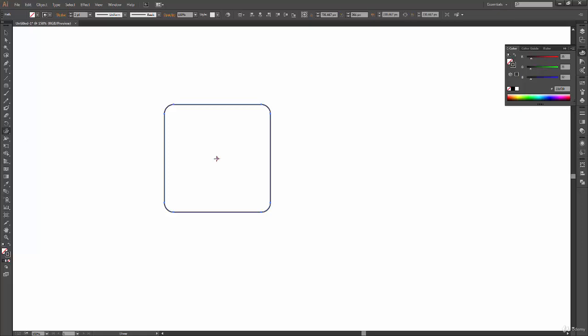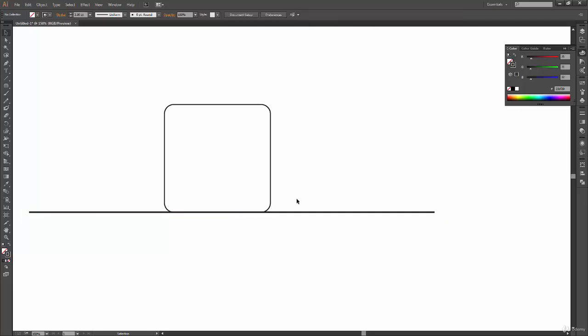Again, you have this reference point over here, whether you want to shear it from the center or from any other point you want. So let's say this box is placed on the floor, and actually let's create a floor itself and scale it a bit. Now you can see that my line was this thick, but when I scaled it in one single direction, this outline is actually getting thicker. That's okay, there's no problem with that.